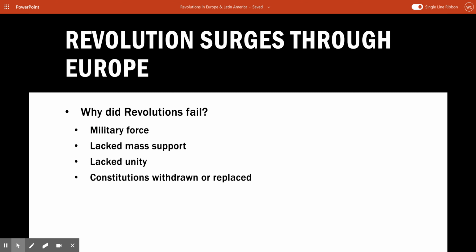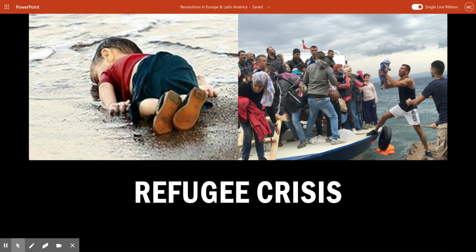So you can see the Congress of Vienna, the Concert of Europe, the conservatives were successful in stopping these liberal revolutions in 1848, pretty much everywhere except for in France. And so the government and the rulers have an awful lot of power in terms of the constitutions, being able to change those things and rewrite the rules. And they have the support of the military. And a lot of times that's why those liberal revolutions of 1848 fail.